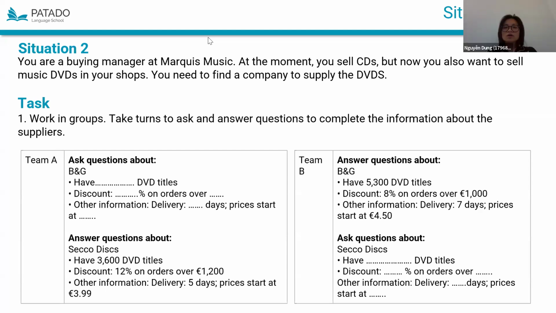And so we have to order over 1,000 to have your discount. So the price, I mean, we have to pay, how much does it cost for each DVD? You mean you're stating the shipping price, right?